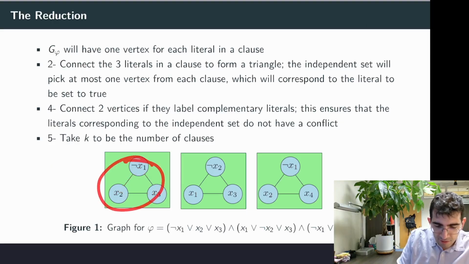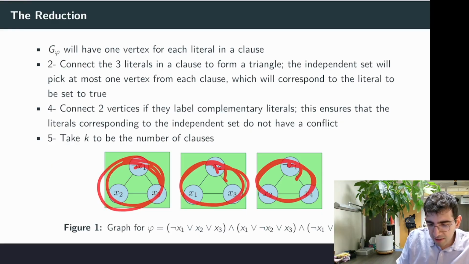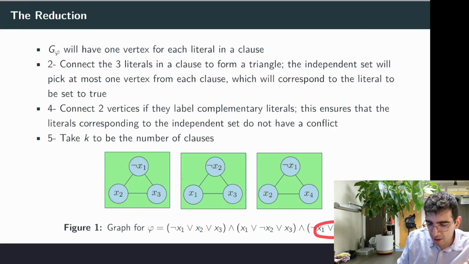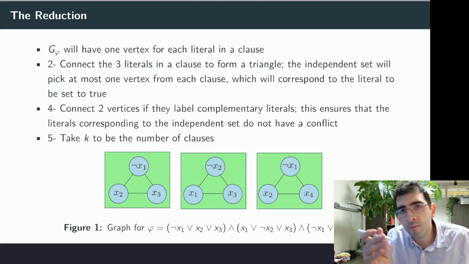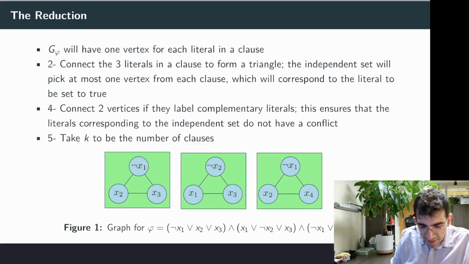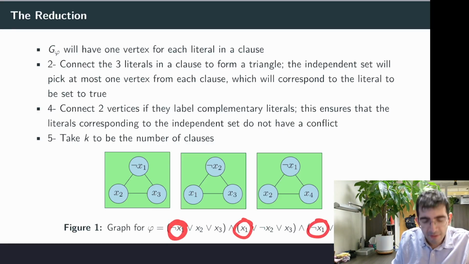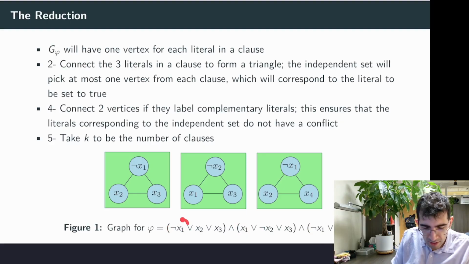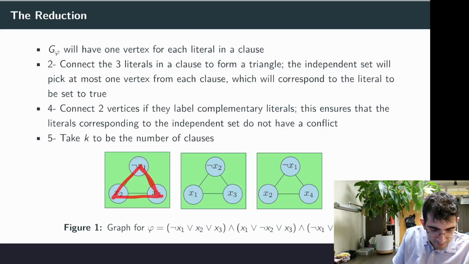Okay, this gives us groups of three, right? Each of the connected three literals designates a clause. So what I did before, really I need to just find one literal from each clause that evaluates to true. I just need to pick one literal from each clause that I could assign to true. Yes, these are connected together, so I can't have an independent